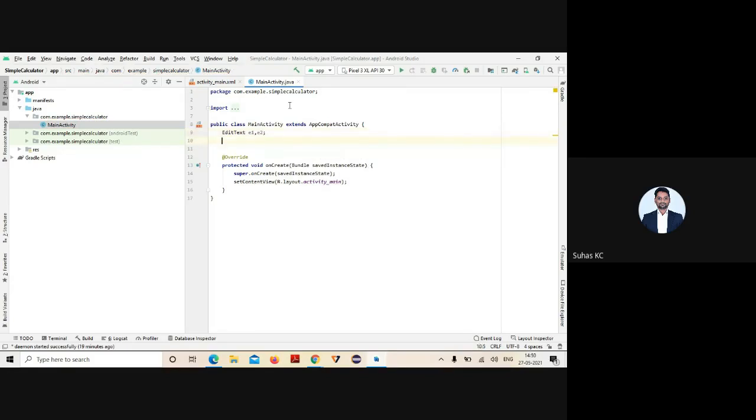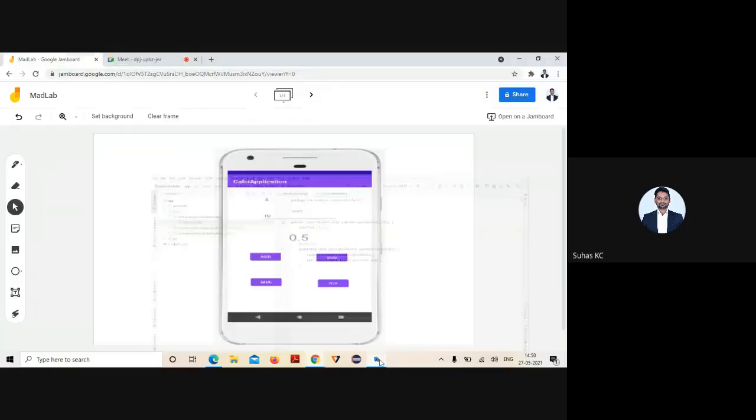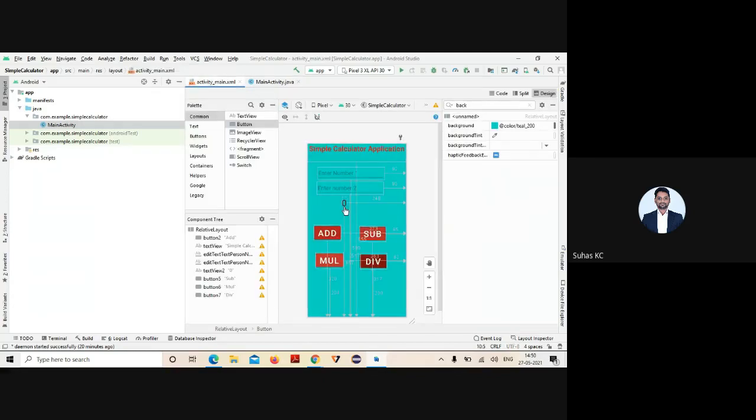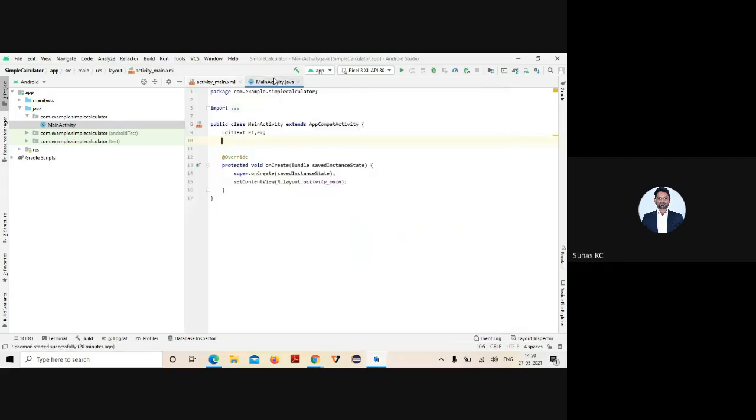One more component is there to display the result, right? Which component is this? Text view. It is the text view component. So for that also, I'll create one variable.